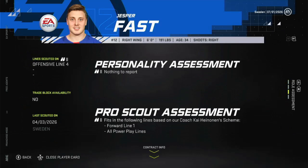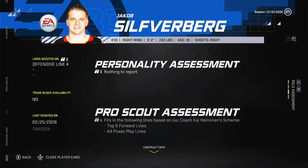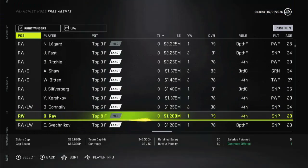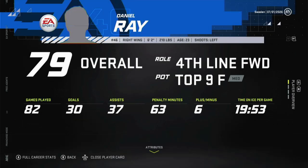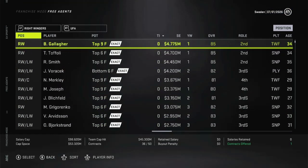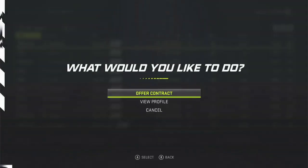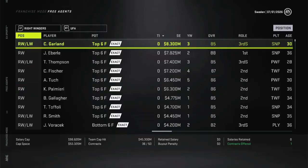Got Jesper Fast. Line 1. Jakob Silverberg, top 6. Yeah, so it looks like we're going to get maybe Connor Garland unless we get Connolly instead, or Daniel Ray, who don't know. Seshnikov. No, we're going to get Connor Garland, so let's go up and get him. There we go. Get him to a 1-year deal. 1-year deal at, let's do $9 million. There we go. So we got the first and fourth line covered. We do need to find